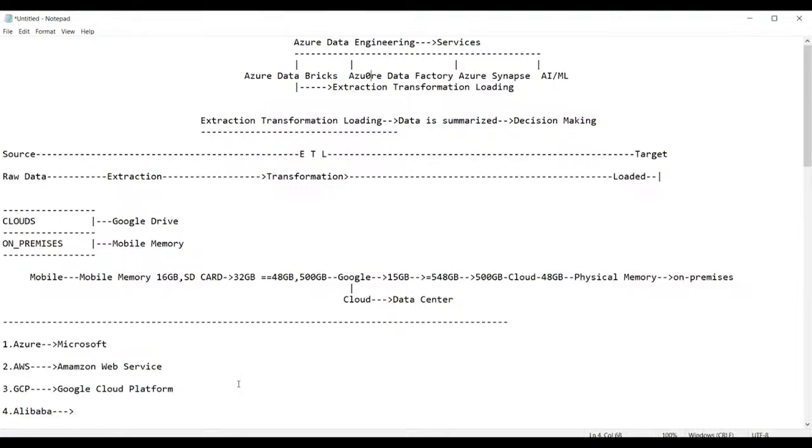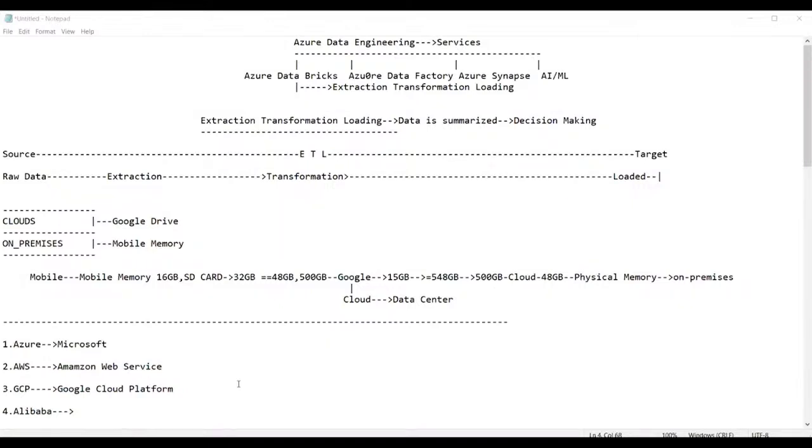Sir, there is a coding part in the curriculum, so do we need to learn coding as well? Yes, of course. Whichever coding is required, we will discuss it in the class itself. You need not learn coding separately by going outside. I will explain it; it will be easy, not as tough as people think. We will see coding in 4 different languages: SQL, Python, R, and Scala.